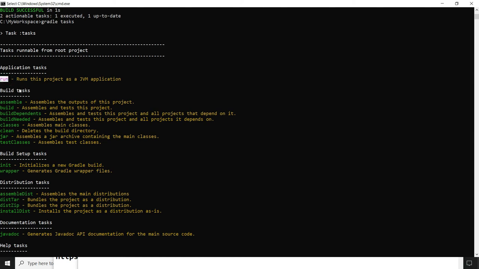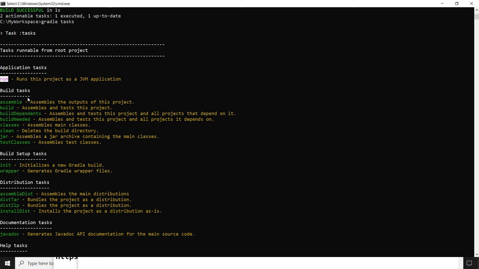Here run is the application task, which I have just run, and I got the output from the project, hello world, right? This is the task which you can run in the command prompt, and ahead of it is the description of the task. What's the use of this task? Gradle task runs this project as a JVM application.